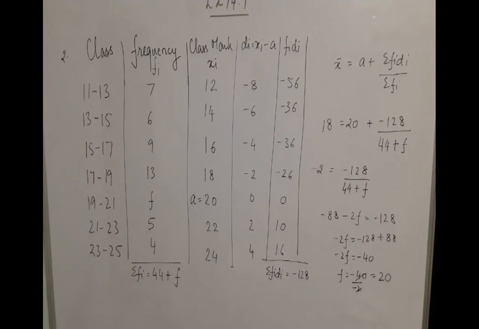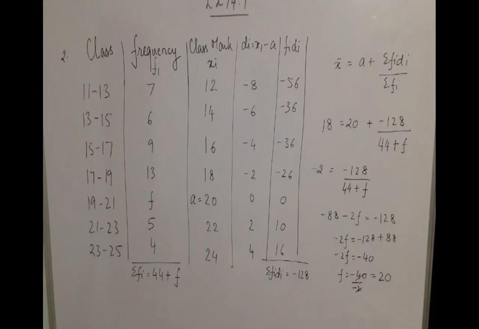Now I am going to leave it to you. The method you can choose, but this is what you are supposed to do. You can do the direct method, or you can use the assumed mean method, or you can use the step deviation method. So this is the exercise I am going to leave to you now. I have done 3 sums for you. There are a total of 9 sums. I want you to try them on your own, and if you have got any doubt, then leave me a WhatsApp message, the sum number. In the next lecture I will cover it for you.